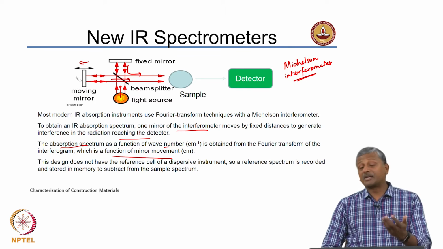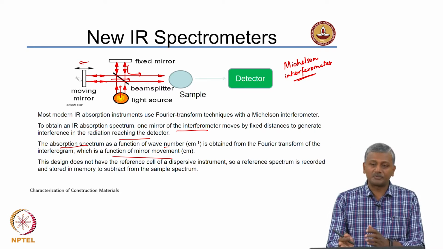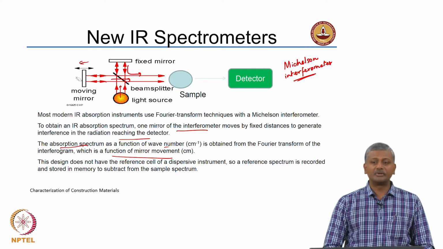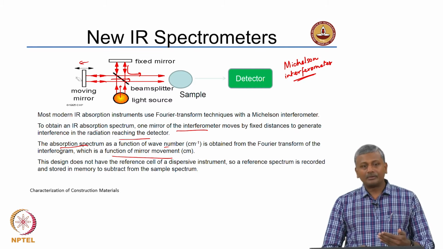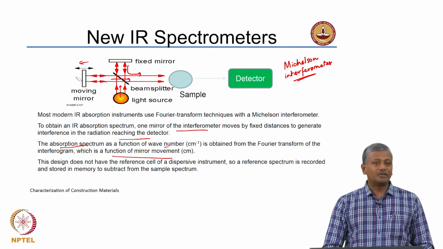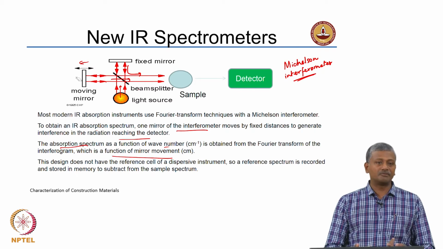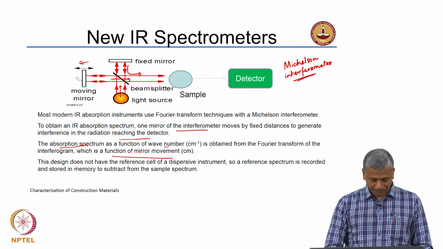I am sorry, I confused it with the Michelson-Morley experiment, which is again a really well known phenomenon in physics, but here we are talking about the interferometer, which looks at the interference between the light rays or infrared rays that are generated from the fixed mirror and from different positions of the moving mirror, which generates constructive or destructive interferences leading to the passage of certain sets of wavelengths through the sample.